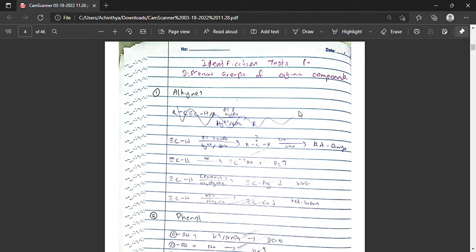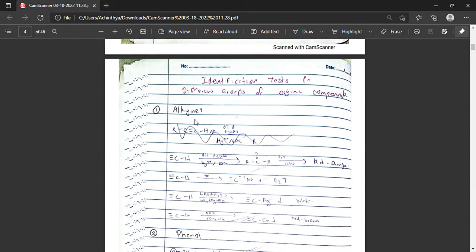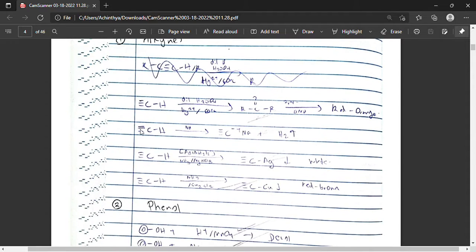Let's talk about the different identification tests for the various groups of organic chemistry. Let's say we have an alkyne. How do we identify an alkyne? One way of doing so is by adding dilute sulfuric acid with mercuric ions under 60 degrees Celsius, in which case the alkyne will be converted into a carbonyl